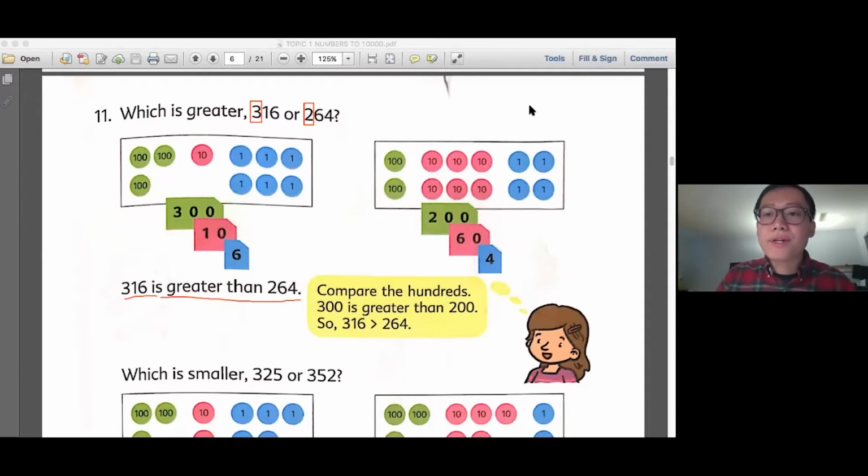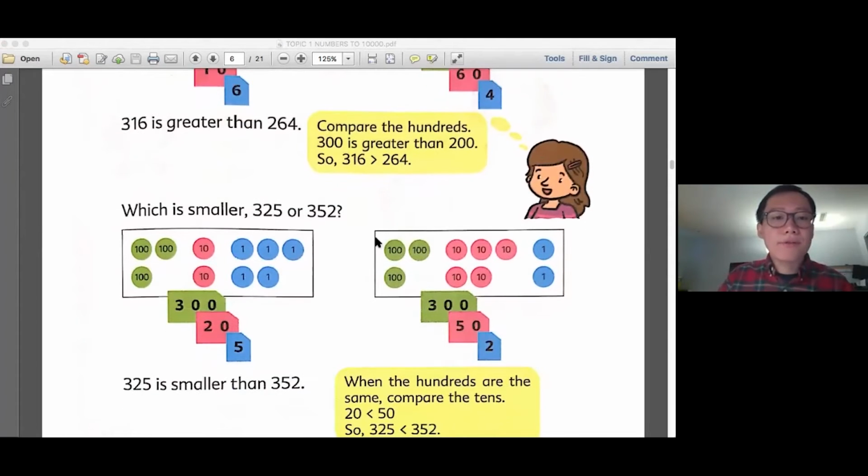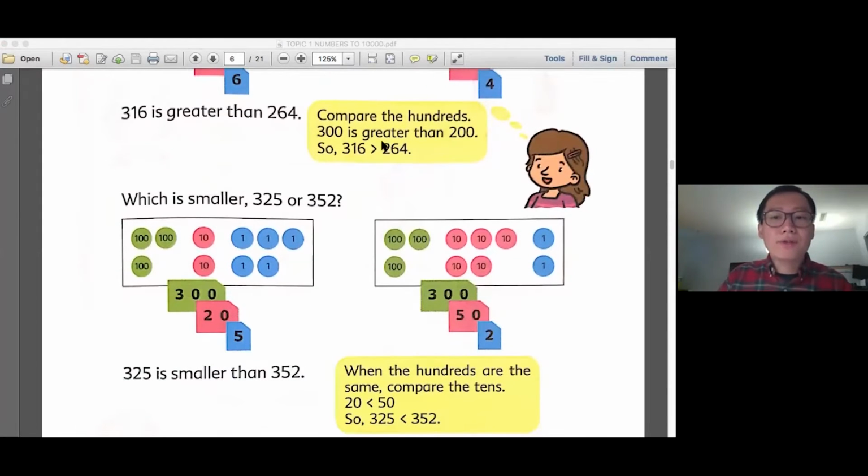That's when the first digit is different. Now let's look at what happens if the first digit is the same. For example, 325 and